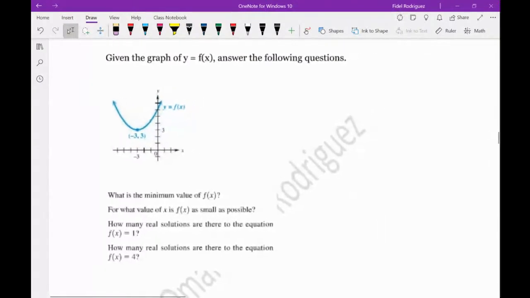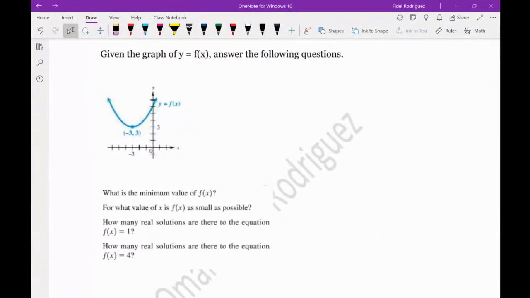And let's do the same thing for this problem here. Okay, so it says, given the graph of y equals f of x, answer the following questions. First one says, what is the minimum value? Okay, let me ask you a question. Does minimum mean the biggest or the smallest? What do you think minimum means? Smallest, right? Okay. What they mean by this, y'all, is what is